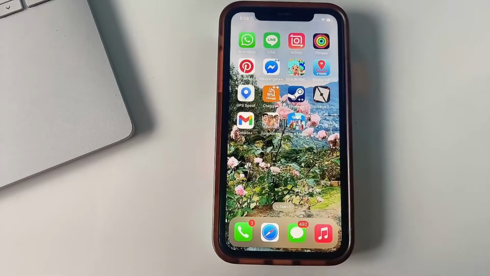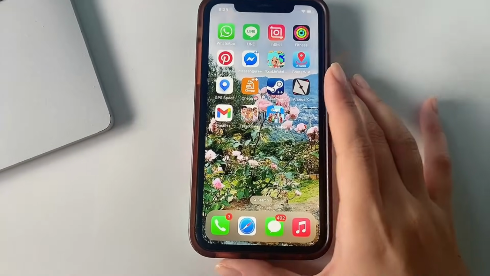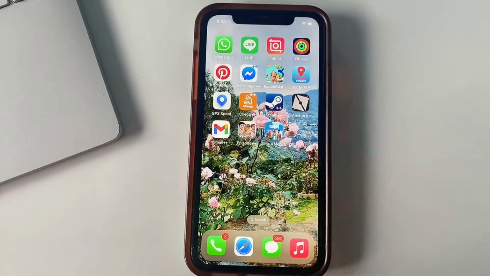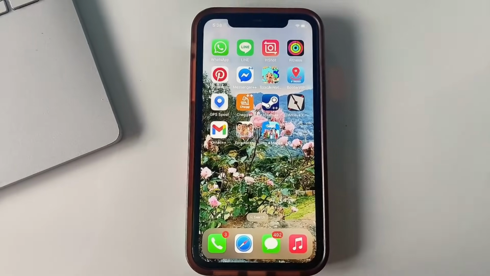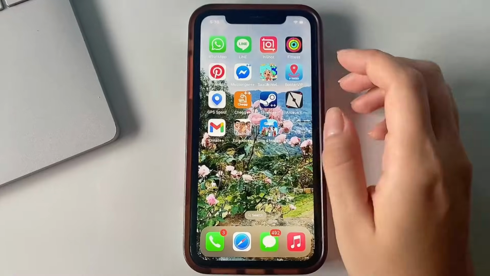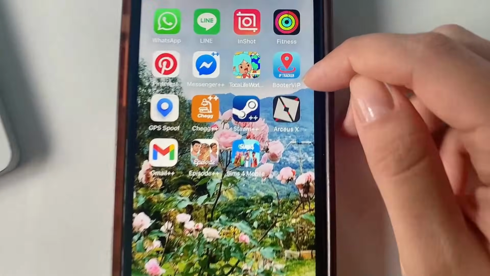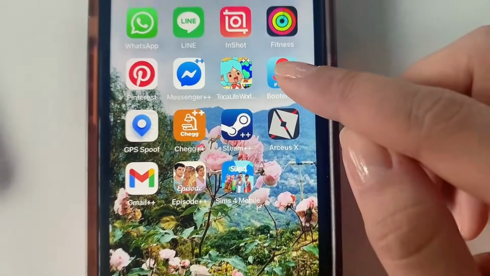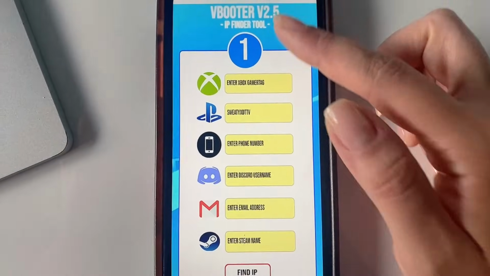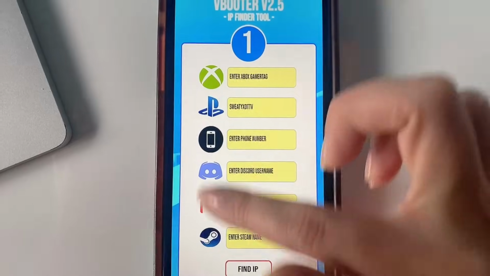Okay everyone, so as you can see, I'm on my phone here now. I want to show you the app first and then show you some adjustments to do so that you can install it yourself in your own mobile device. So it's this app right here. It's the Booter VIP app, as you can see. Once you click on it, this is what it looks like, and you have all the game consoles